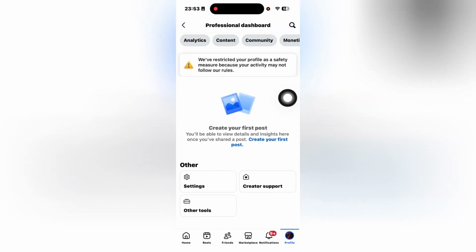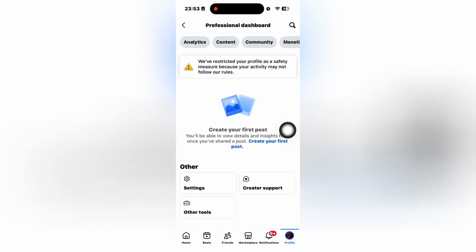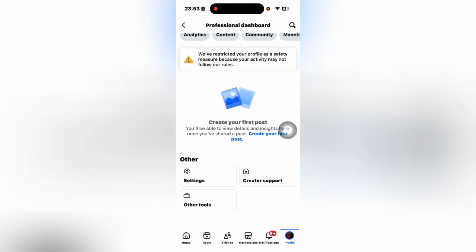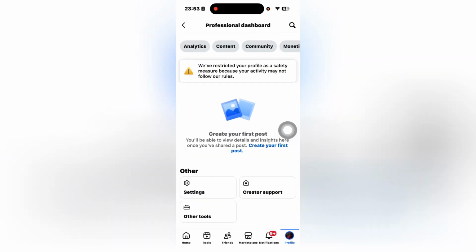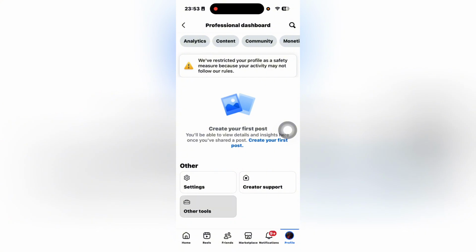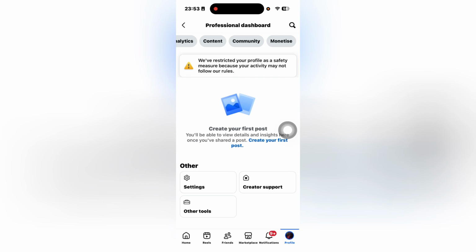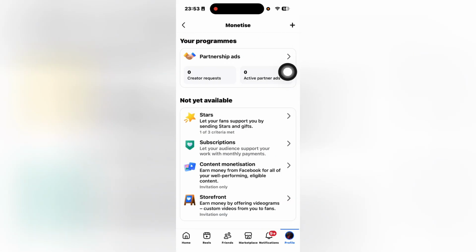So now in my case, it says that my profile is currently restricted as a safety measure. That's because I just switched my account to professional mode and started setting up monetization. So usually Facebook places a temporary restriction while it reviews your account. So this is normal and it may take a little bit of time before the restriction is removed and everything becomes fully active. So once it is activated, you gotta click on monetize right here, and this is where you'll